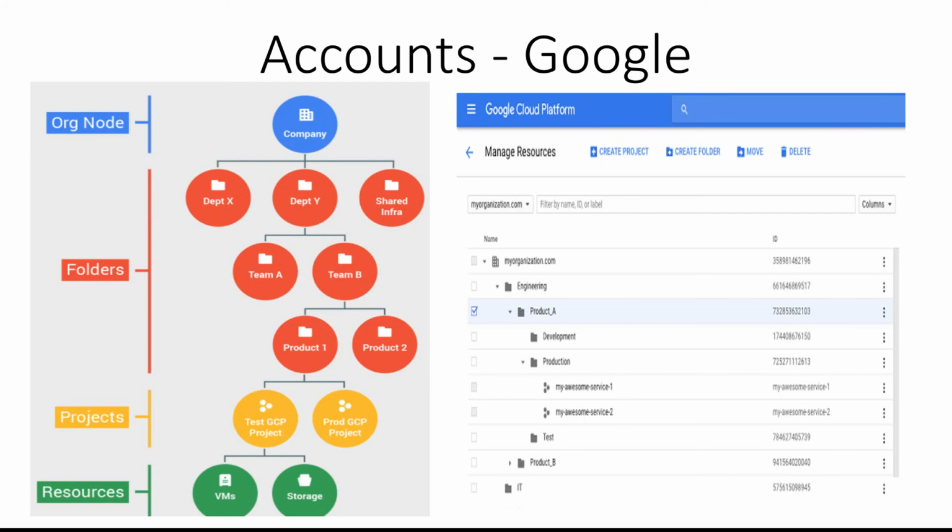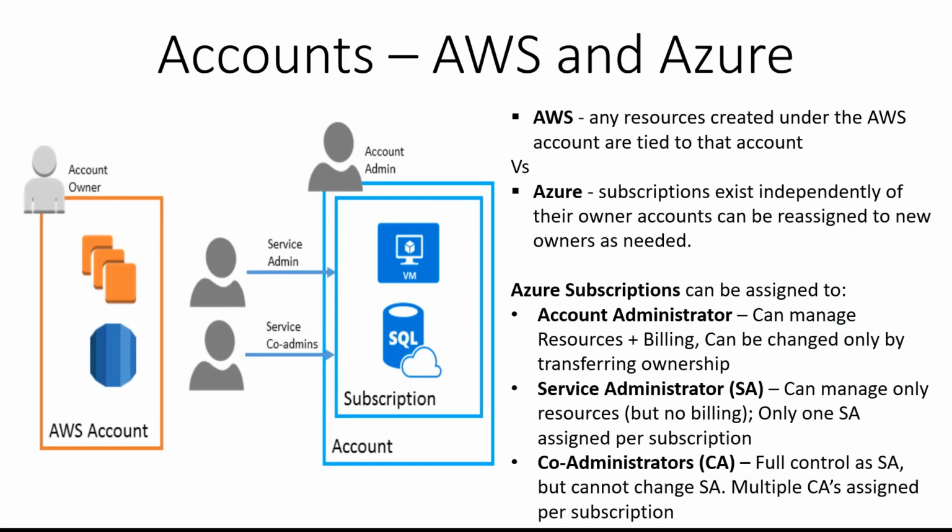Before going to the GCP specifics, since you already know AWS, I'm just going to give you the intro of the AWS equivalent, how this account will look like. In AWS, as you know, it's all AWS account, and there will be an account owner, and this account owner generally will hold an AWS account, and there's no further splits here. After that, it's just resources. Under an AWS account, you'll have various AWS resources, starting from EC2 or whatever, the typical AWS resources. So there's not much hierarchy in AWS.